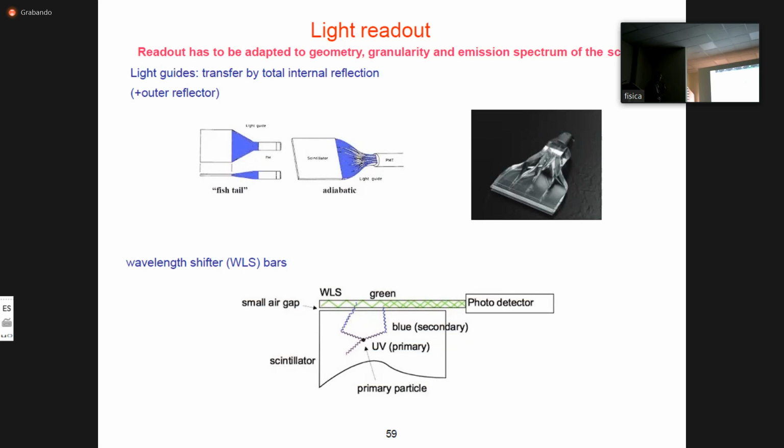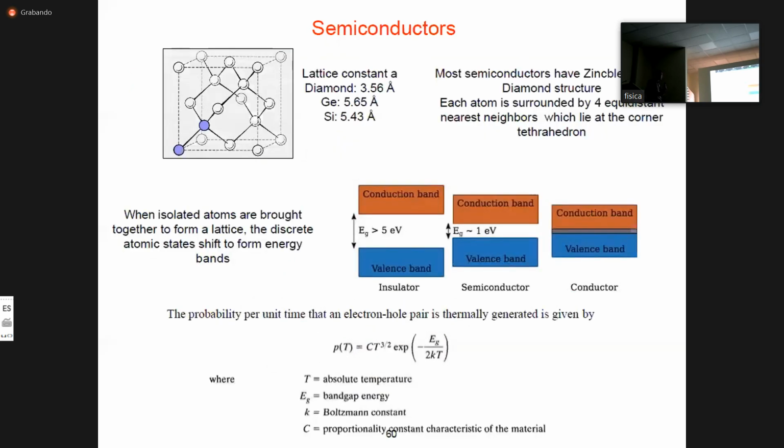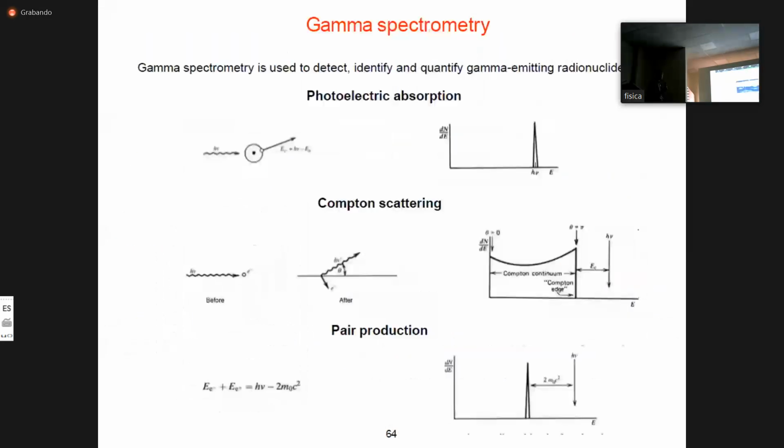Sometimes it's important to shift the wavelength of your light from, for example, a blue light to green light, and it's done by wavelength shifters. So I think I have covered all scintillator detectors and can move further because of time